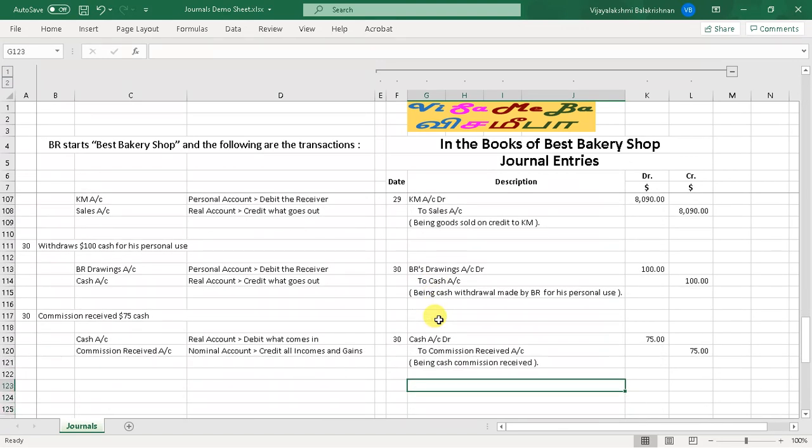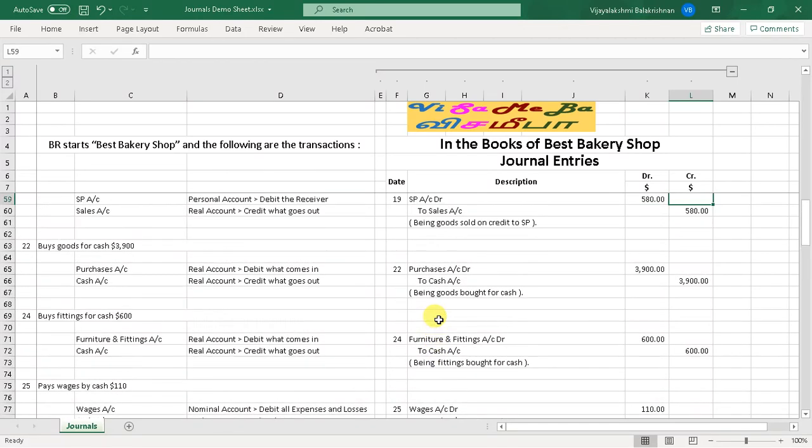Commission received $75 cash. So what's coming into the business? Cash is coming into the business. And in what form? As commission received. It's an income. So a nominal account, credit all incomes and gains. So cash account debit to commission received account being cash commission received, $75. Okay, so these are the